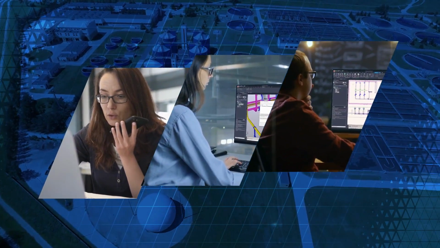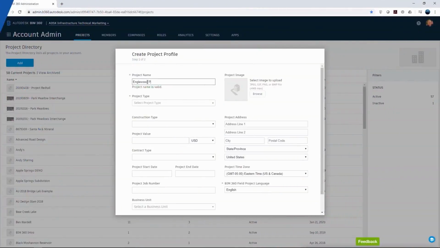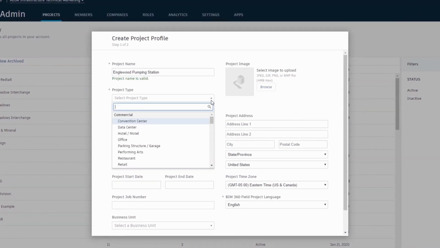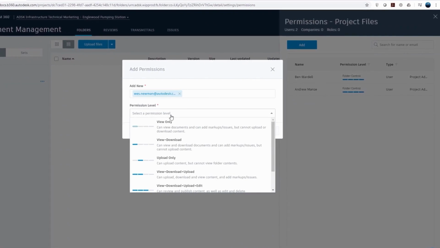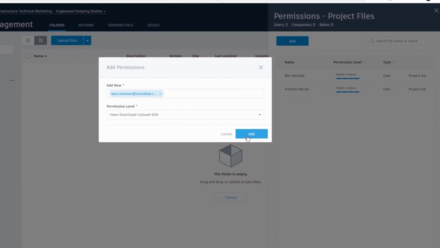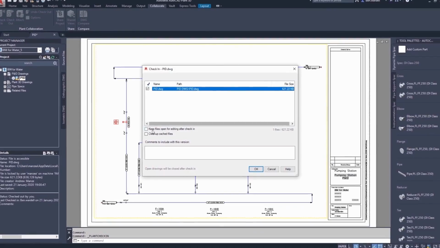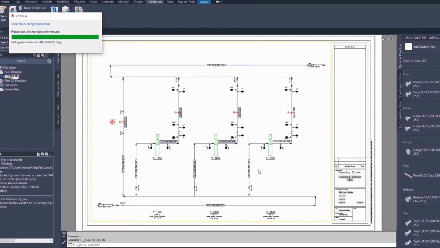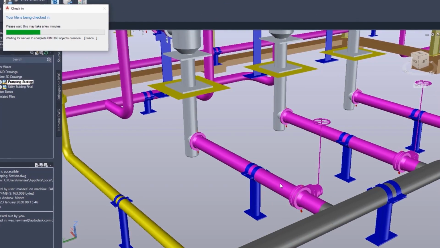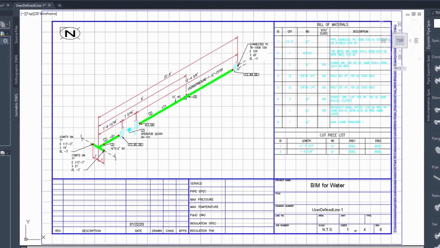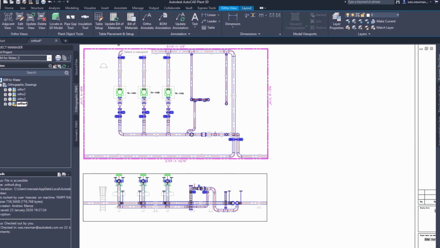Let's look at an example of how BIM 360 Design improves workflow collaboration within Plant 3D. First, the project administrator sets up the collaboration space in BIM 360 Design. The administrator then adds the project collaborators and defines the appropriate permissions before sharing the Plant 3D project to the collaboration space. The P&ID drafter will then create the P&IDs for the project. The piping designer will then create the 3D piping models using the P&ID as guidance. Drafters will then generate the necessary ortho and ISO drawings from the 3D model, including documentation such as bills of